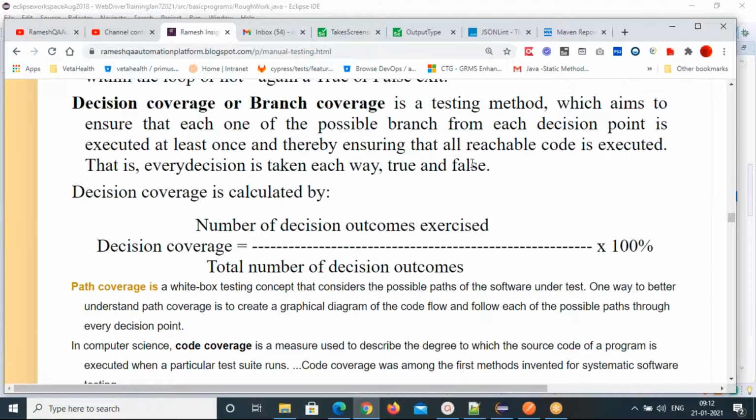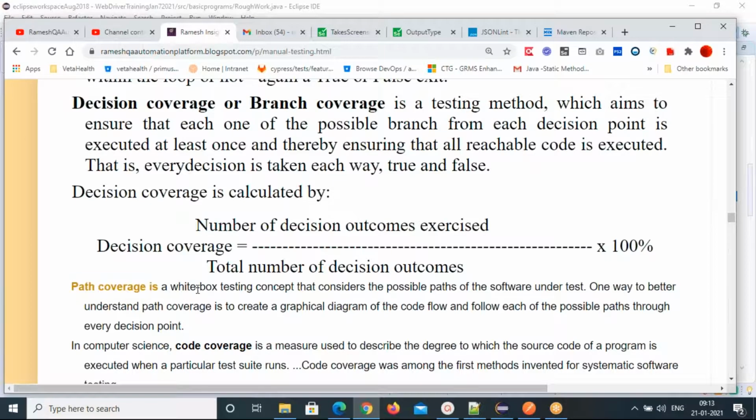So that's how we can calculate a decision coverage. Then path coverage, which path your cursor is going, your path is executed. That's a path coverage. So based on the decision, the path will go, right? The branch will change.